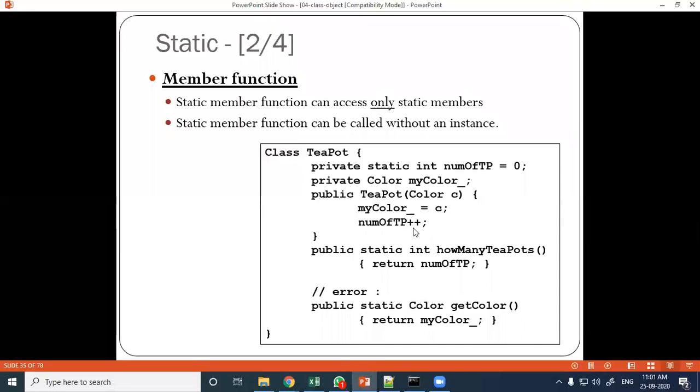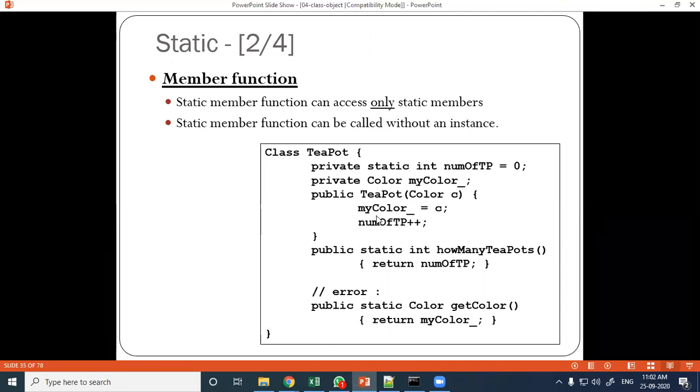Here teapot is your constructor, because the class name and this function name are the same. This function is called a constructor, where it receives one parameter color C, and that C is assigned to my color.